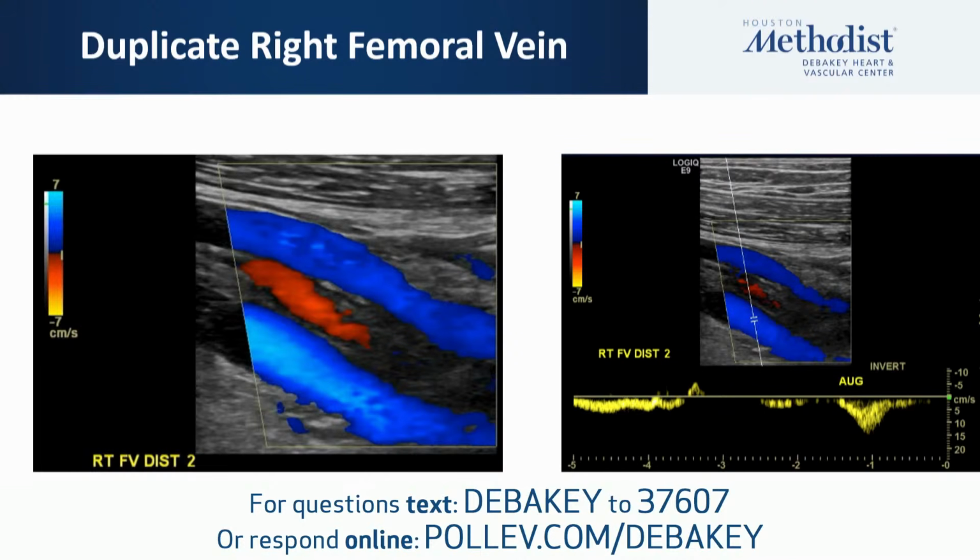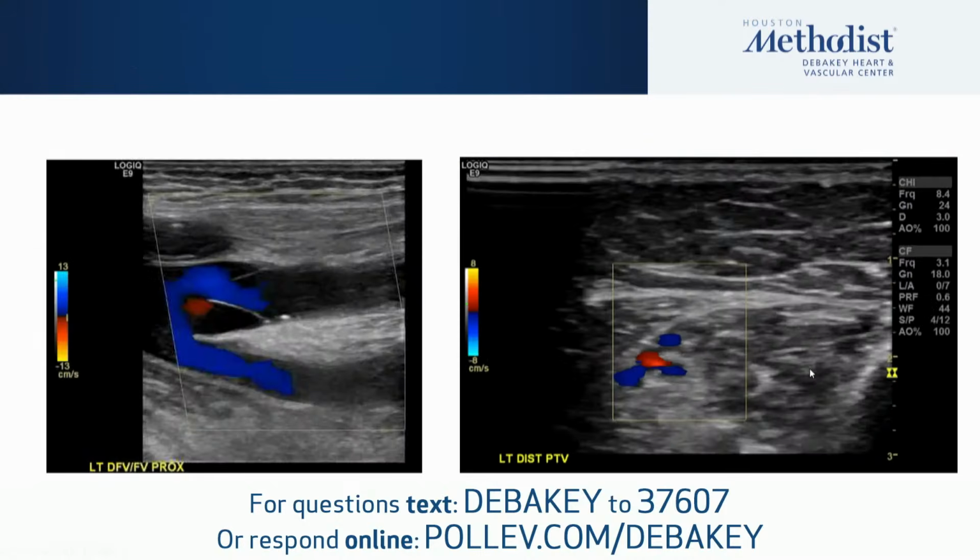not infrequently. This is another example, as we talked earlier, of a duplicate femoral vein. You see the femoral vein. This is the superficial femoral artery. And we're just confirming that there is patency of that system. Here is, again, a valve, and I always find it fascinating looking at the valves, especially in these